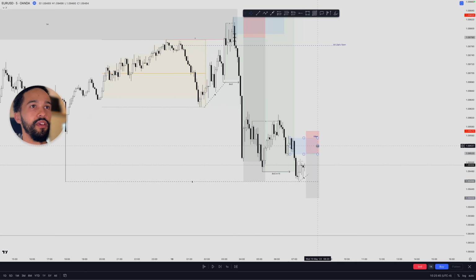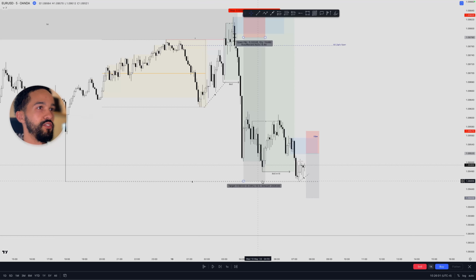I had drawn out a 15-minute order block with a fair value gap. We also had a 5-minute order block with a fair value gap, right? So this was a continuation trade. We've had this impulsive 10 minutes of bearish price action, which left these two lows here for sell side liquidity, and